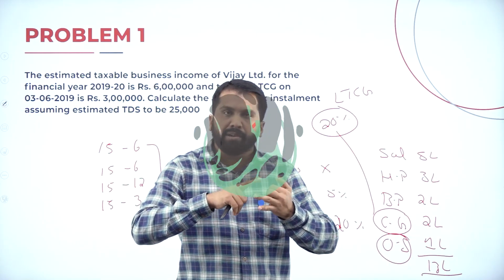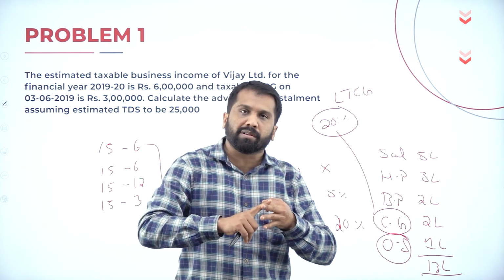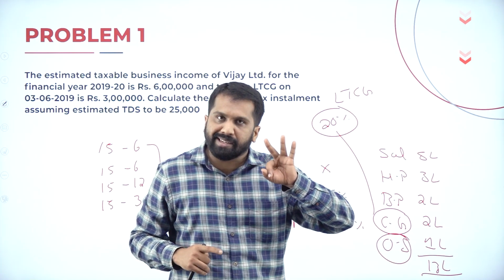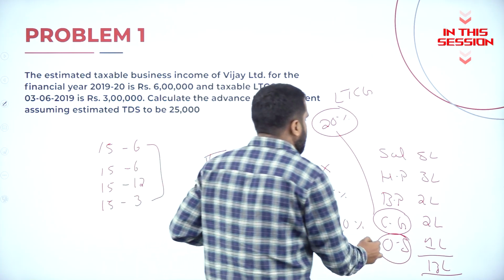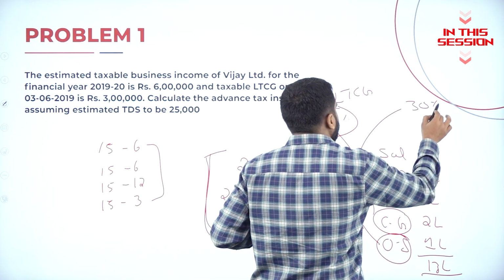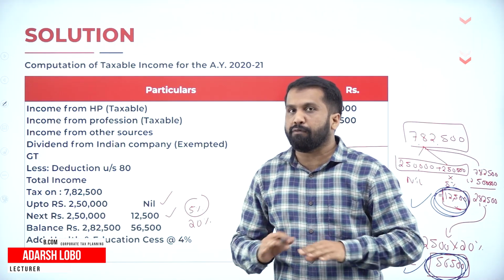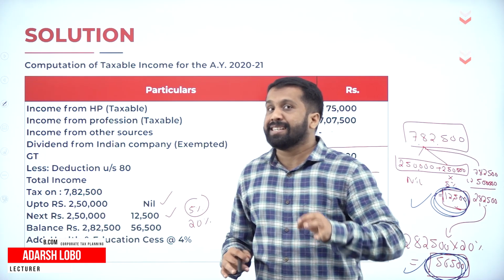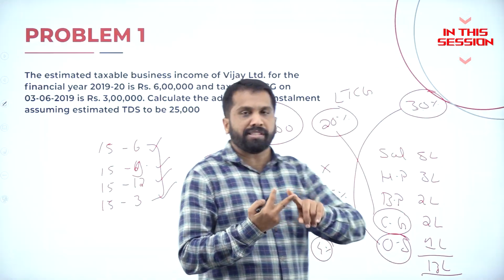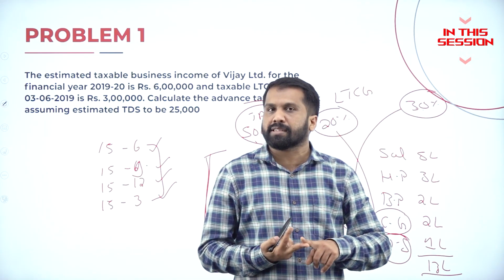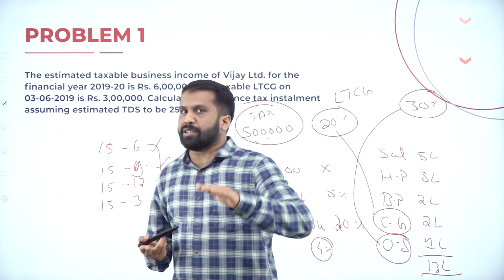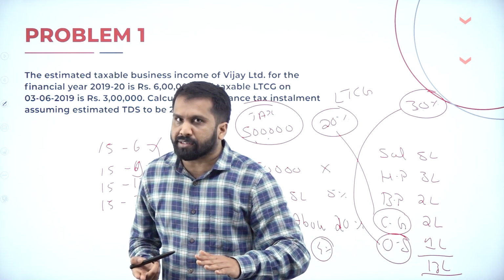Horse race, crossword puzzle, lottery. These three are there, no? These three also are separate, 30%. For a company, it is a flat 30%. For an individual, there is no flat rate. You are supposed to calculate separately. Above 60 years of age, no advance tax. If your income is less than 2,50,000, no advance tax.